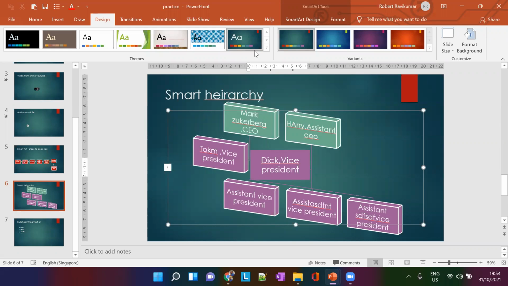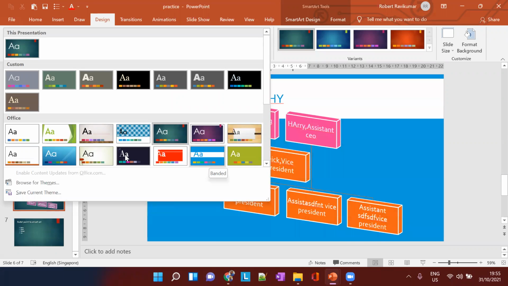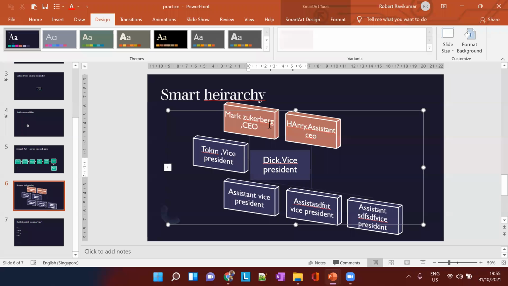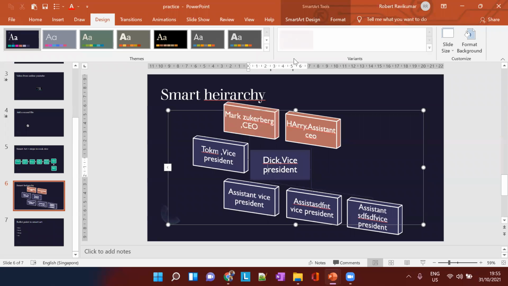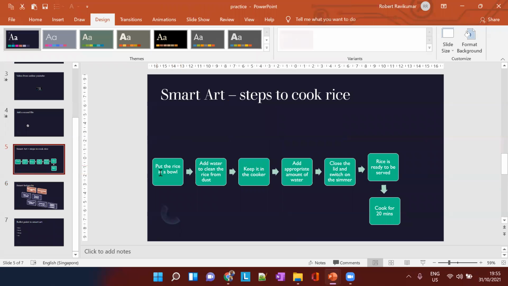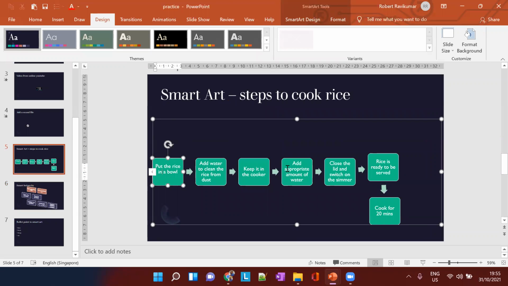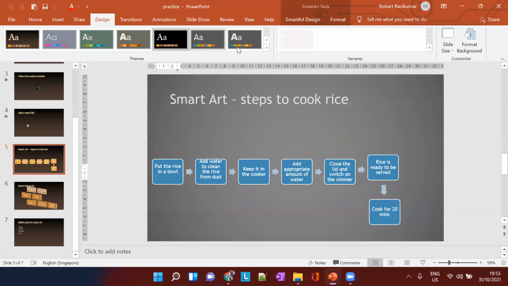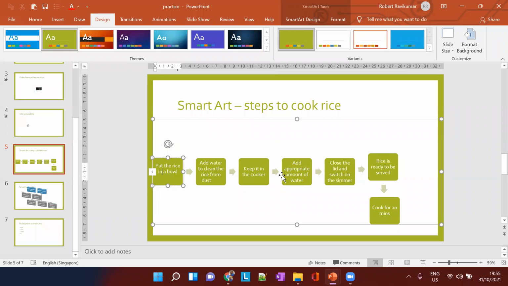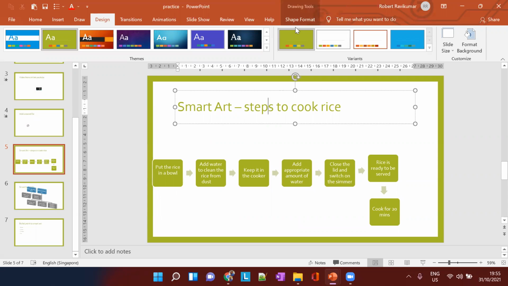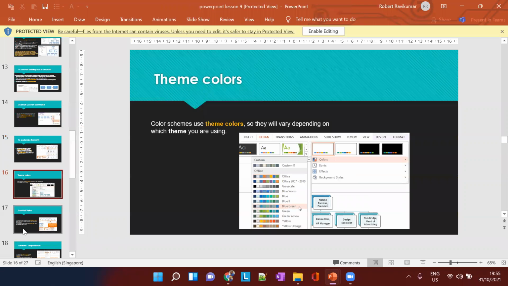Okay, so now it will be based on the color of the theme. So if I choose blue, right, let's say black, right, this color also changes accordingly to the theme color, not the actual color of this particular SmartArt. Okay, so this is the purpose of it. So see here, they've used the default color, but if you want to choose a theme color, I can do it from here. See these colors, the SmartArt colors also change based on the theme, right? So this is how it works. Okay, you can change it based on the theme colors also instead of doing your own colors.